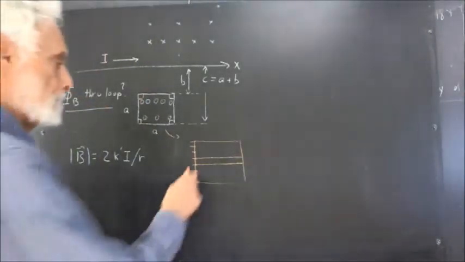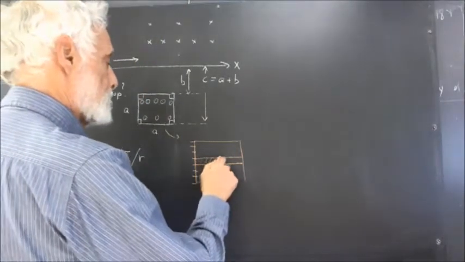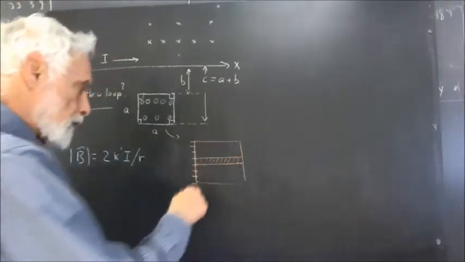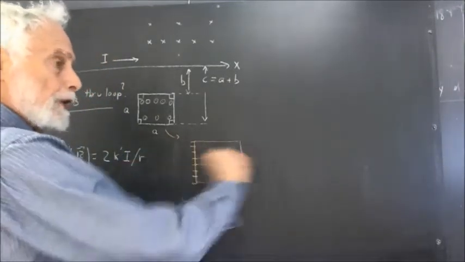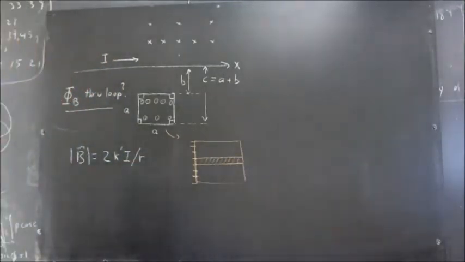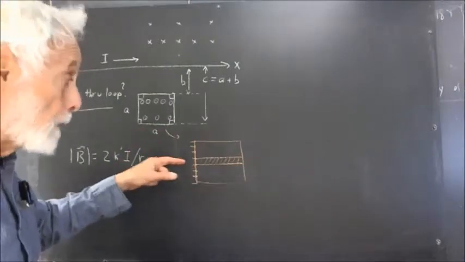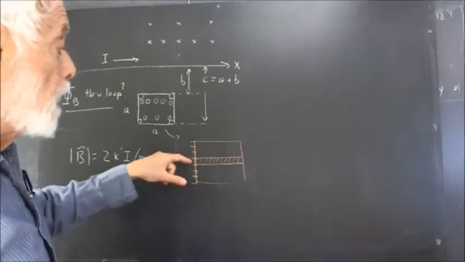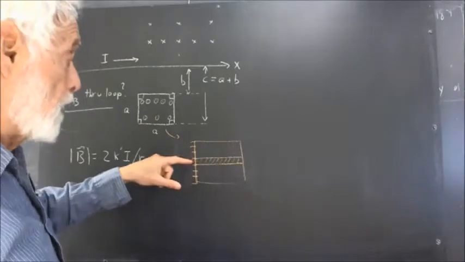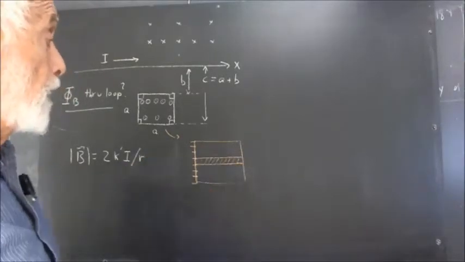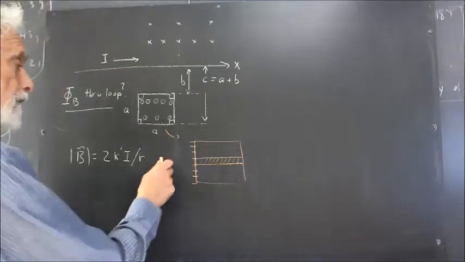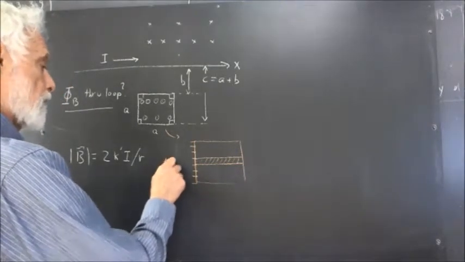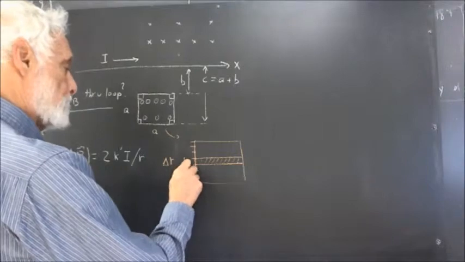So we partition this side, and then we run strips across the loop parallel to the current, so that r has close to the same value throughout this strip. Now, if this strip has width delta r,